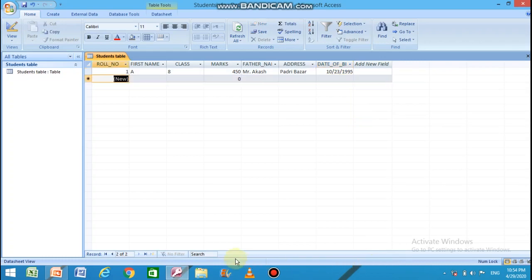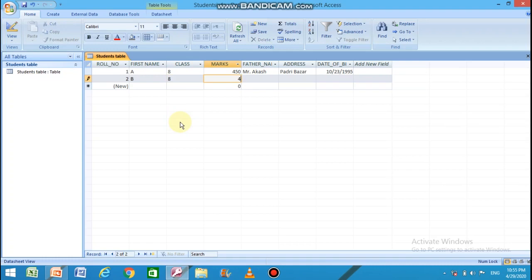Press tab. You are now on the next record, and you can see in the roll number column we did not feed any value, but still there is a one, and no need to type anything here. Just press the tab and type another record. You can see automatically the number is increased. That is because of the auto number data type. So the next record is B. It also belongs to class 8.